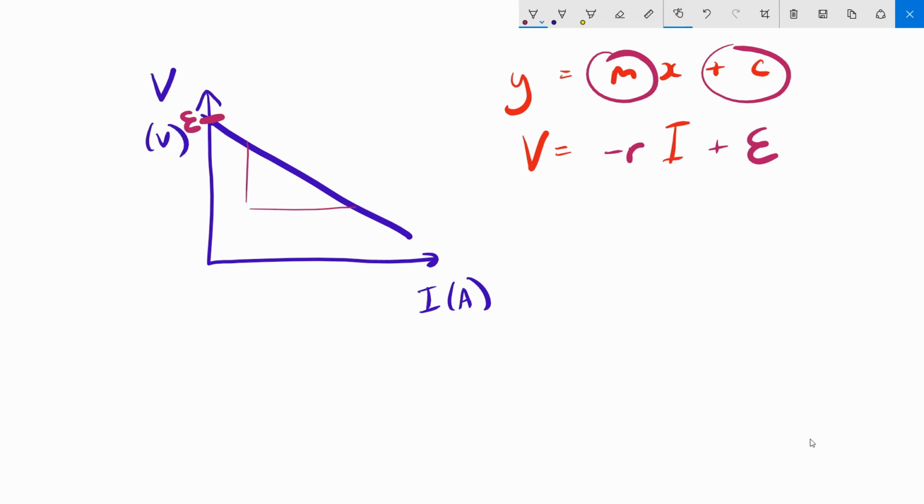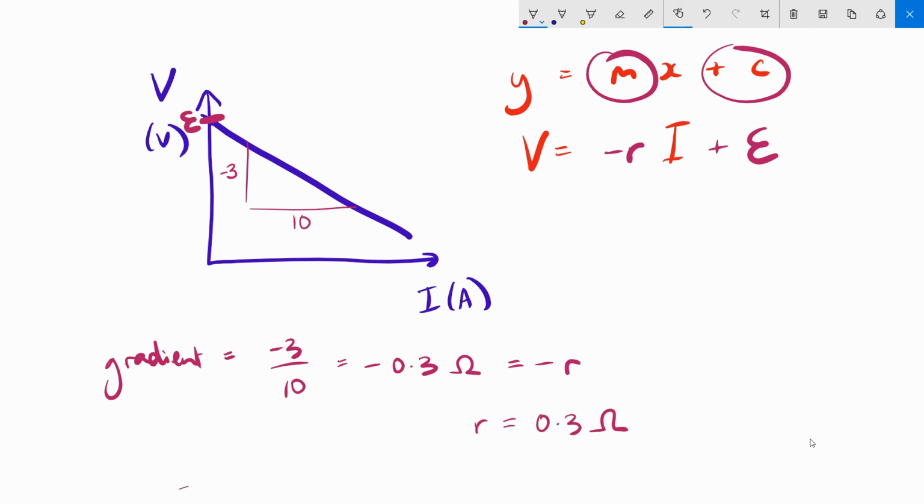And then find the gradient. Notice it's a negative gradient, so let's say this was 3 and this was minus 3 because it's going down, and 10. So the gradient of that line is minus 3 over 10, so that's minus 0.3 ohms, because it's V over I, and that gradient is equal to minus r. So that means that